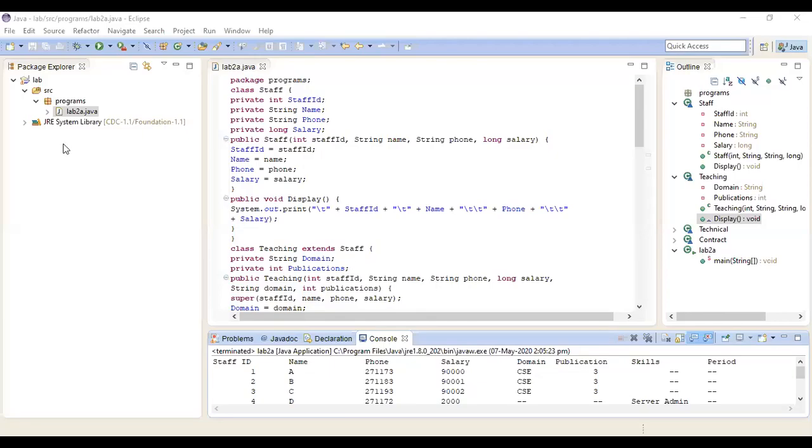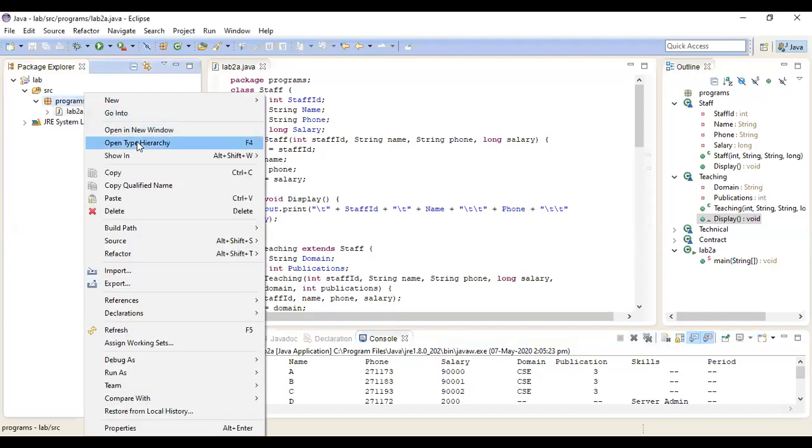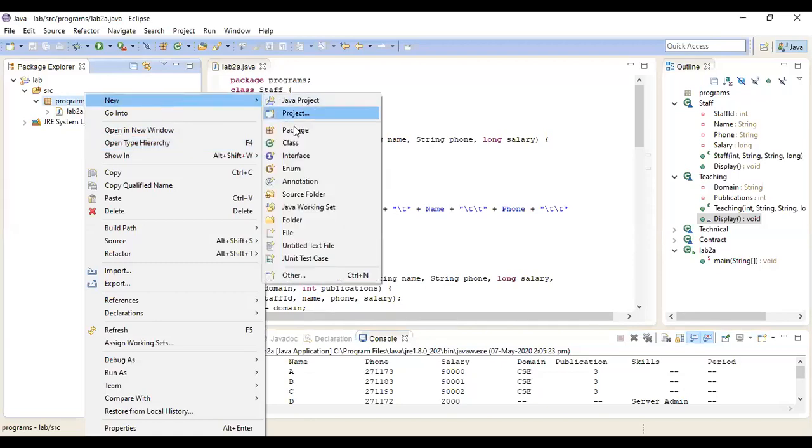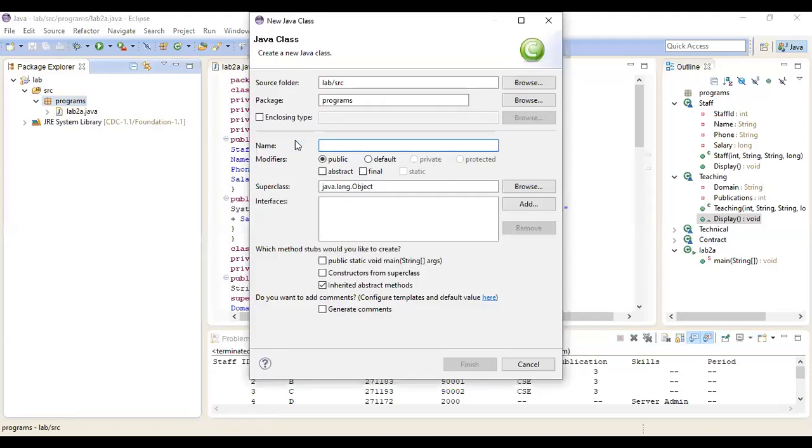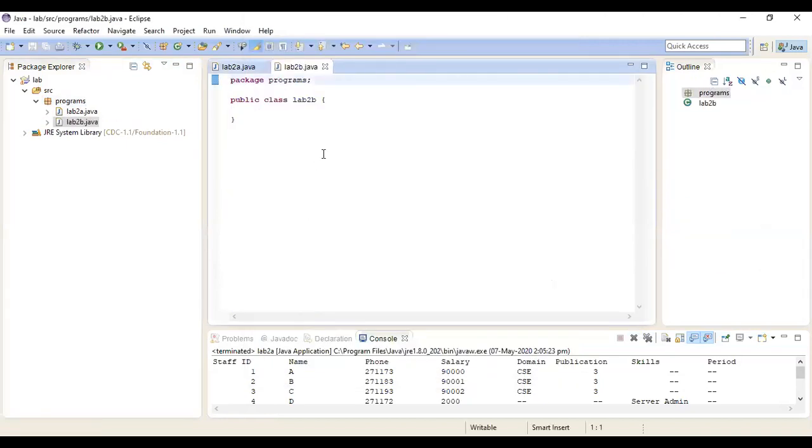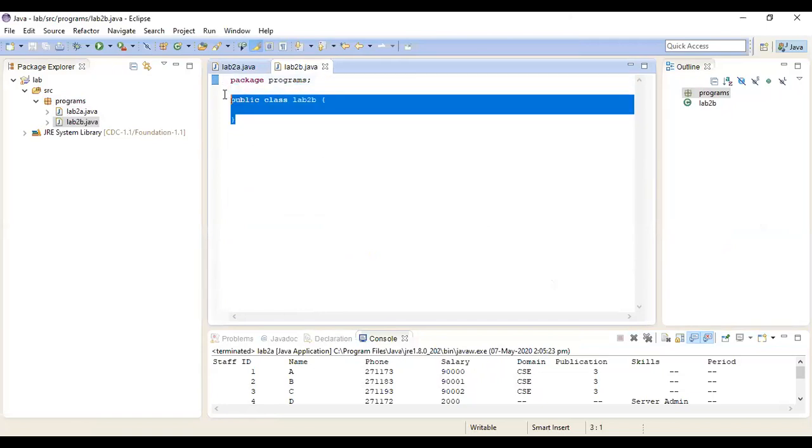So continuing with the execution using Eclipse, I can use the same package called programs, which I created for the execution of the previous program. I will create a new class with the name lab2b. I have the structure of the program which is given.